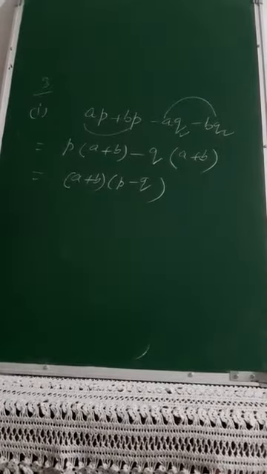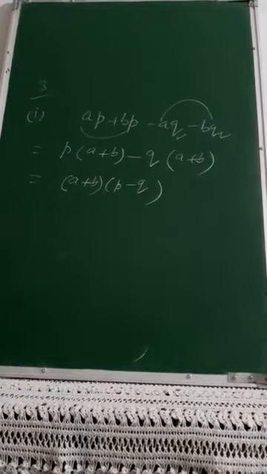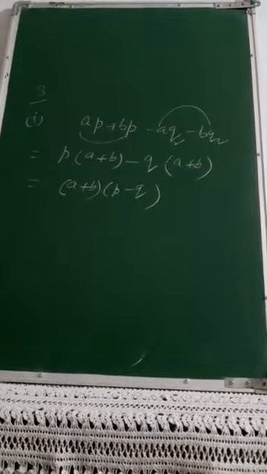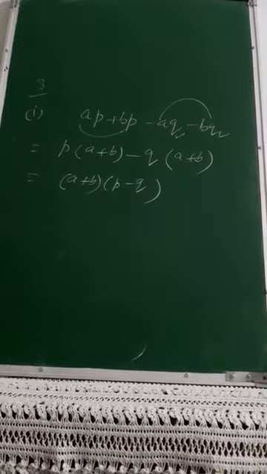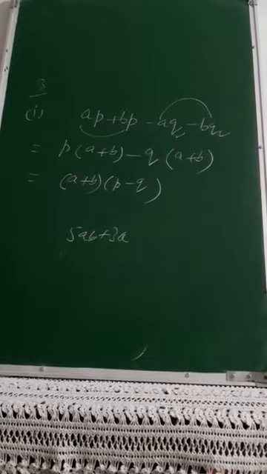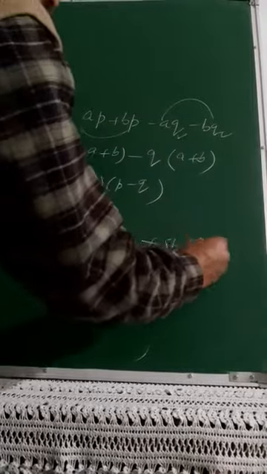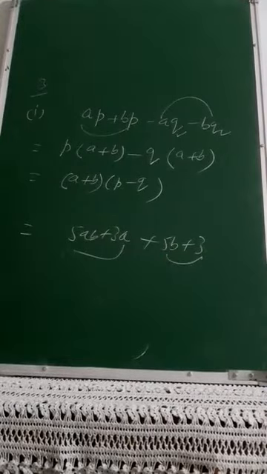Grouping means one group of the first 2 terms and another group of the last 2 terms helps me factorize this expression in which 4 terms are there. And in question number 3, in all the 8 parts, everywhere there are 4 terms. Suppose now, for your ease, I am taking the fourth part: 5ab plus 3a, these are the first 2, and then plus 5b plus 3. Again, these are the groups already given to me. I need not do the rearrangement here.